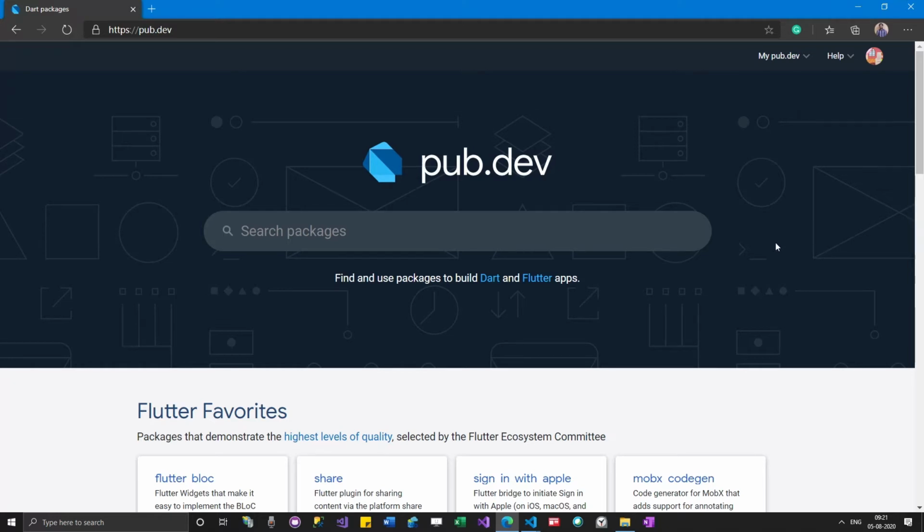Community means us. Since we are Flutter developers, we are the community, anywhere worldwide. Whoever is a Flutter developer is part of the community. What they can do is take whatever they have written locally and put it on this site, and then you can actually start using those packages.